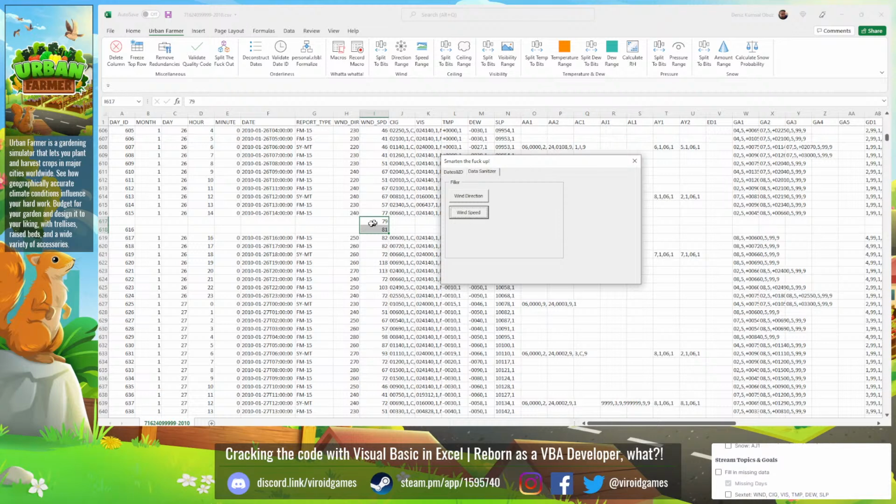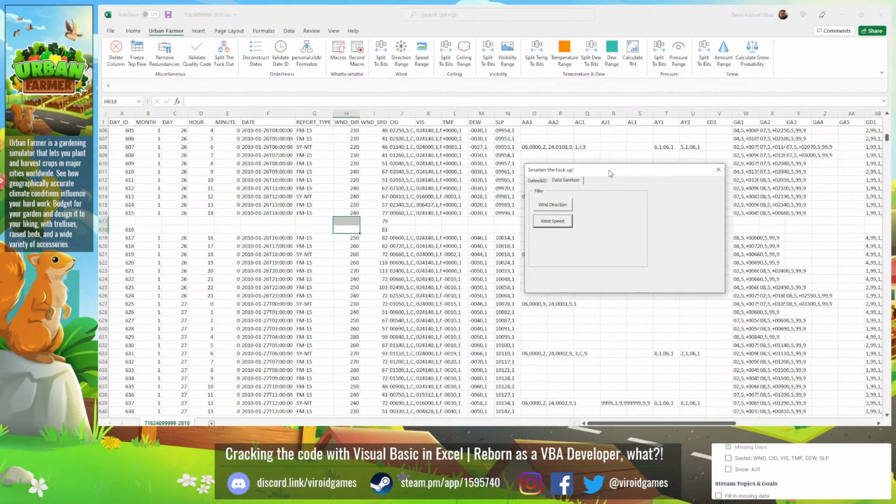So technically this button could make this one work too. So it will be 245. No, I'm dividing 10 by 3. So this will be 243, 246, then 250. Yeah. The wind's rule is different, but it's the same logic in terms of cell value writing. We could definitely use that in